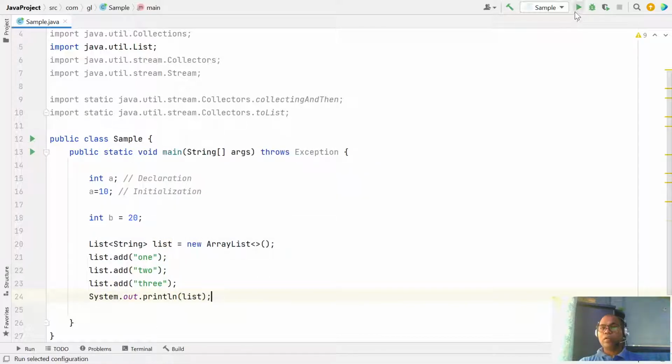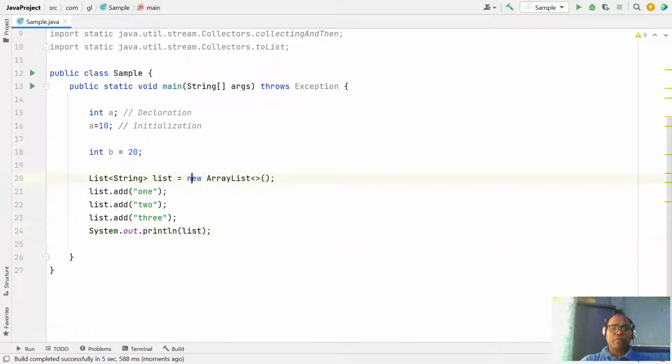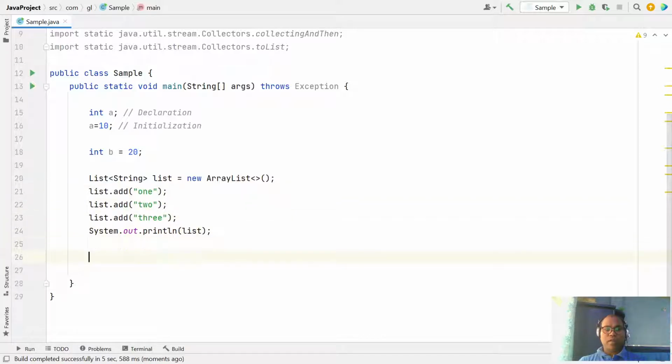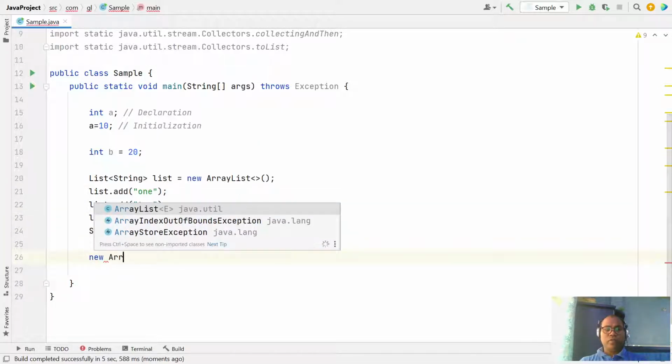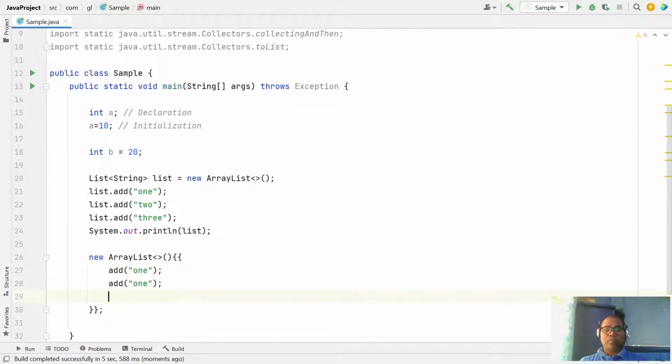So this will work. Double brace initialization says that while creating your ArrayList you can also initialize it. Instead of writing this, you can write new ArrayList, then make a double brace, and here you can initialize like add 1, 2, 3.